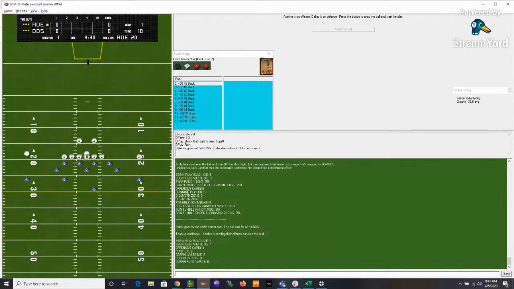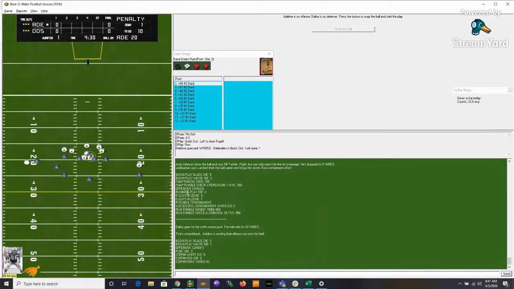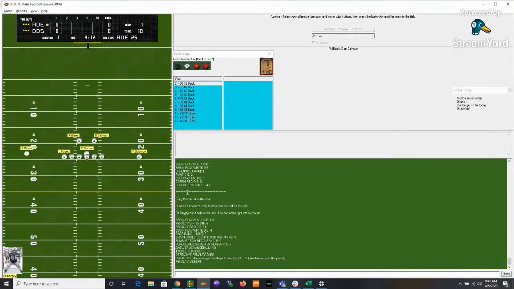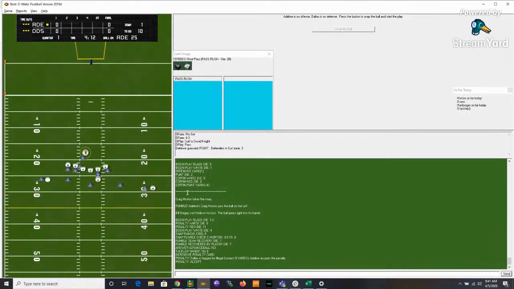Quick out left to Gene Fouget. And it's a fumble, it looks like Dallas might have this. Bill Berge did pick it up, but it was an illegal contact penalty on Dallas. How did they even have enough time to have someone have an illegal contact on a snap fumble? A little bit of a logic difficulty to comprehend there. Curl to David Knight on 1st and 10, and here comes the pass rush of Dallas,